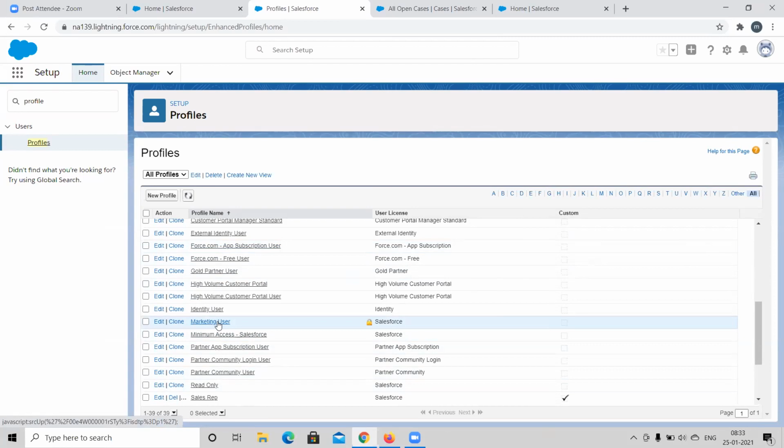We can't do that. We have to open the profile and check which objects they have access to, and which objects they should have access to. We have to look into that, and only then can we assign a specific profile to the user. Generally in Salesforce, we should not directly